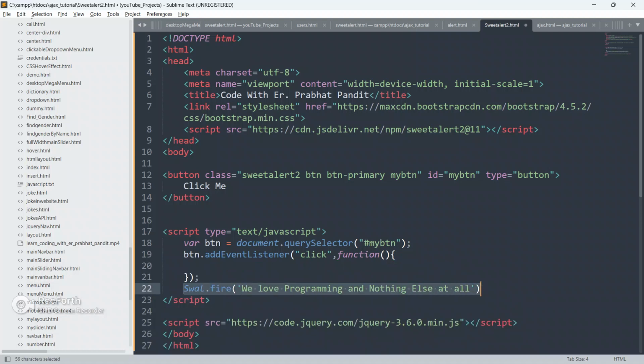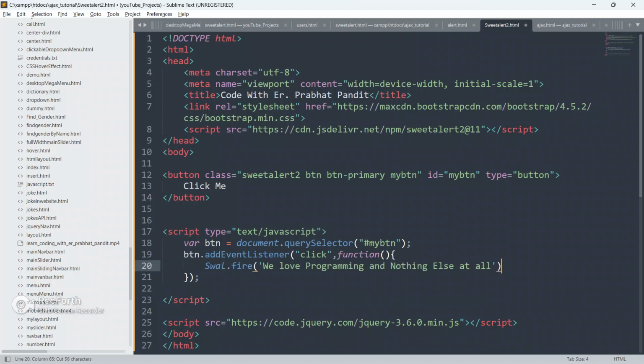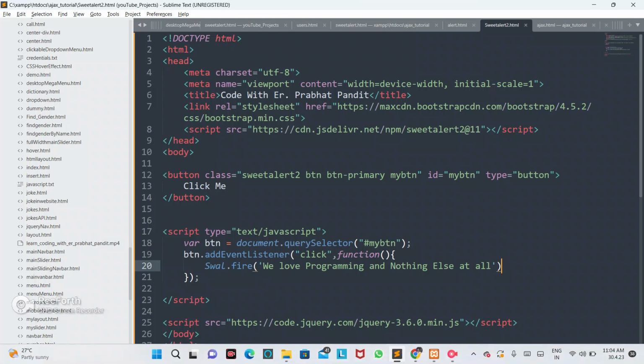So close this. Let's see if it works or not. Cut this and paste it here. Save your code, go to the browser and refresh your page.